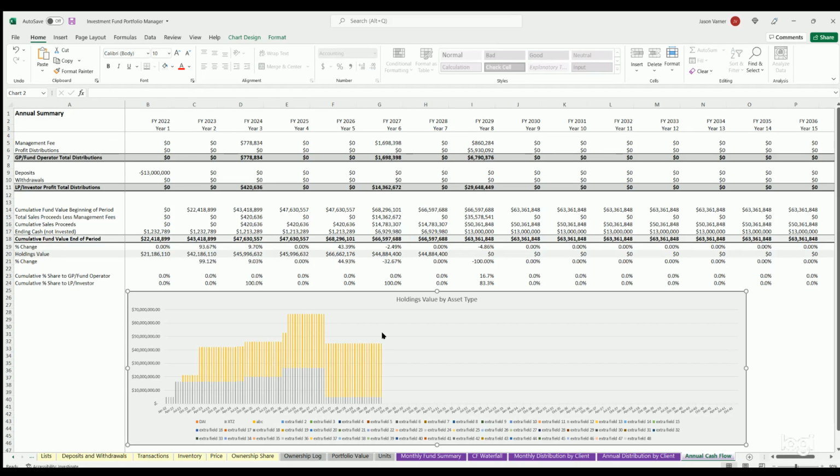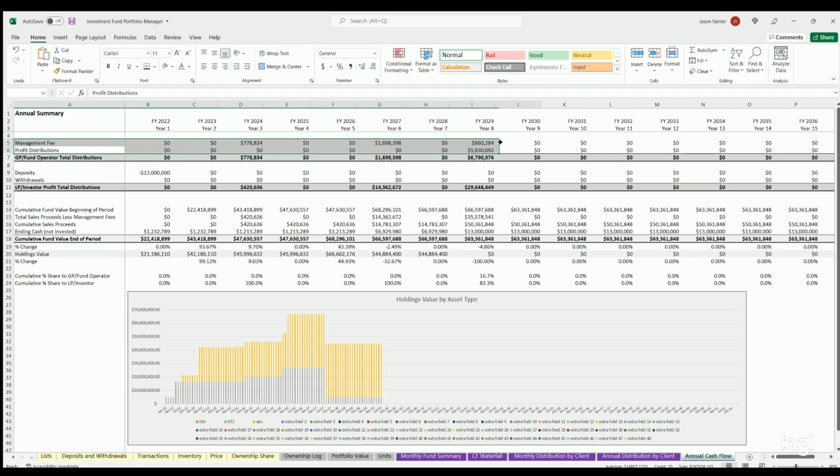And then finally, here's the annual cash flow, and this is just showing the management fee going to the fund, the profit distributions to the fund, the total distributions to them, the deposits by the investors, any withdrawals, and then the LP investor profit total distributions,